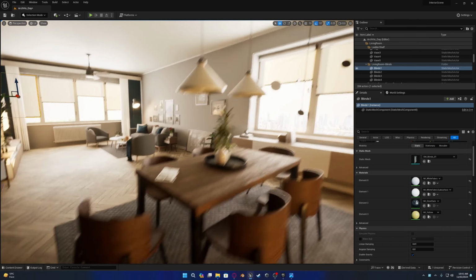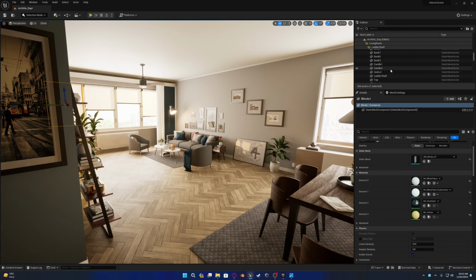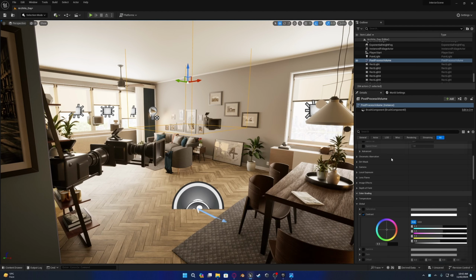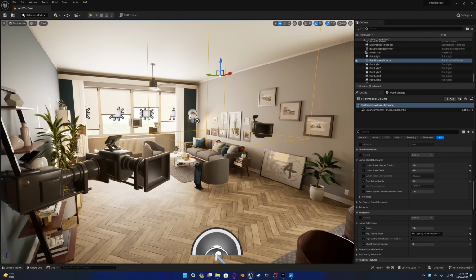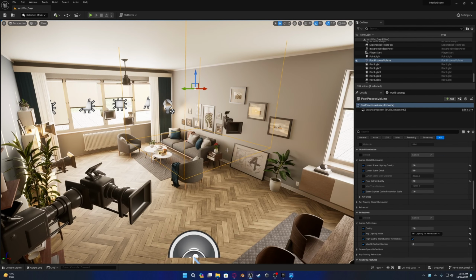If you're lighting a scene for a game, then in the post-process volumes, just bump down the Lumen settings. Don't make them so high. Just keep these on the default and you should have good performance. And now that we're going to render this out, we're going to set everything to the max